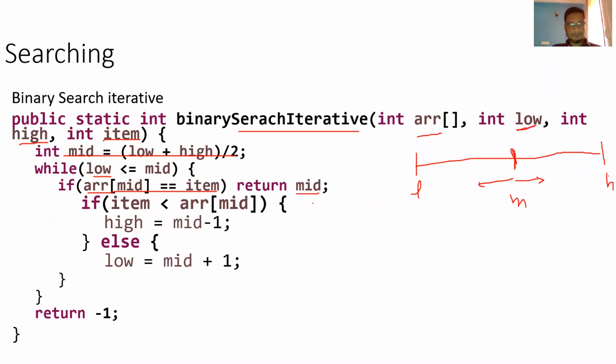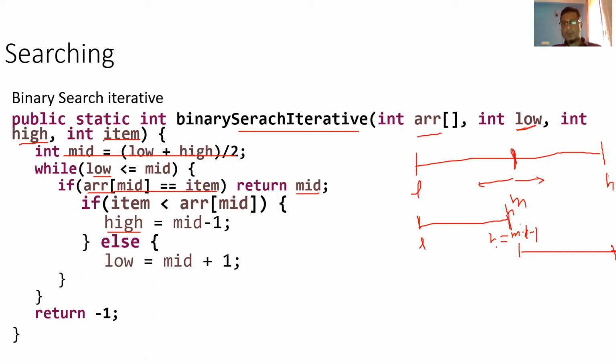Otherwise, I will check if the item is less than the array's mid element. If the item is less, it is certain that the item exists in this chunk. If the item is greater than the mid element, that means the item exists in the other chunk, the remaining half of the array. So based on that, if I want to check here, I already checked this element, so I will shift my high to here, which is nothing but mid minus 1. My search criteria remains the same, low remains the same, so I will search from low to mid minus 1. This is how I just change my pointer, from high here to high here now.